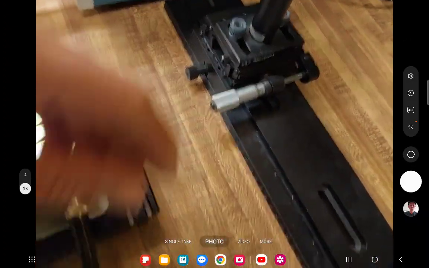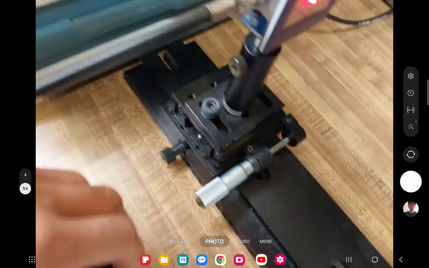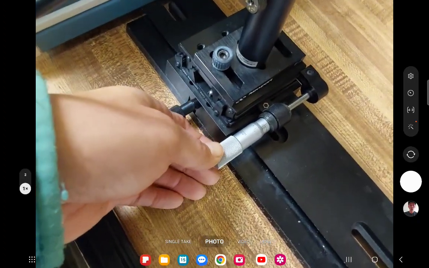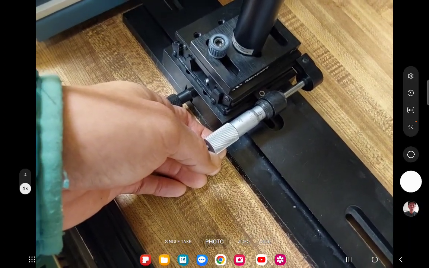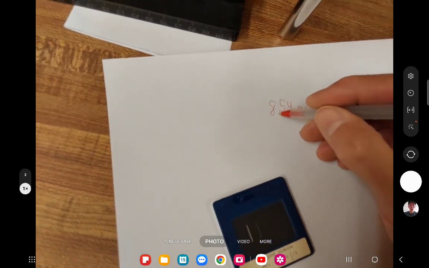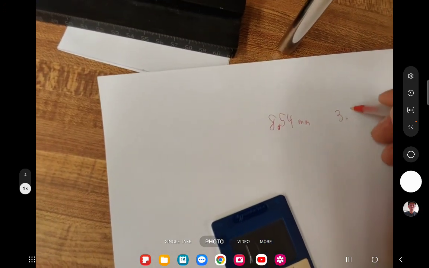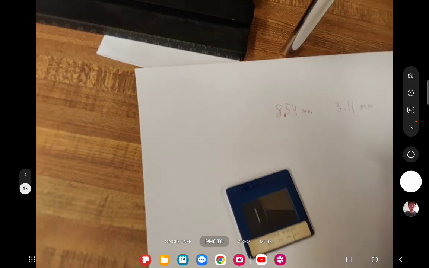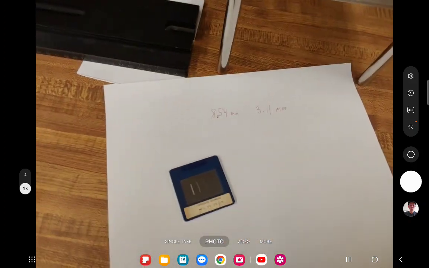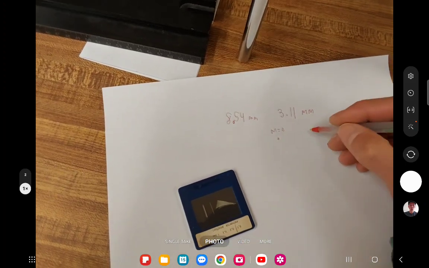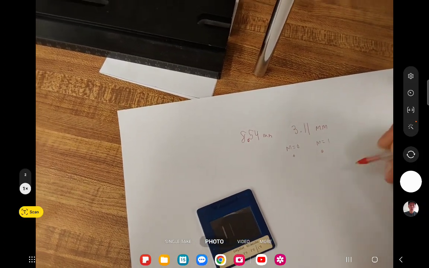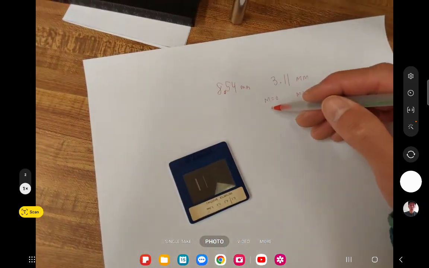So I just need to read the location of the micrometer at this point, and it's a little bit bigger than 3. It's about 3.11 millimeters. So it moved from 8.54 millimeters to 3.11 millimeters. And so this is the separation distance between what's called the m equals 0 fringe and the m equals 1 fringe. And they are coming from